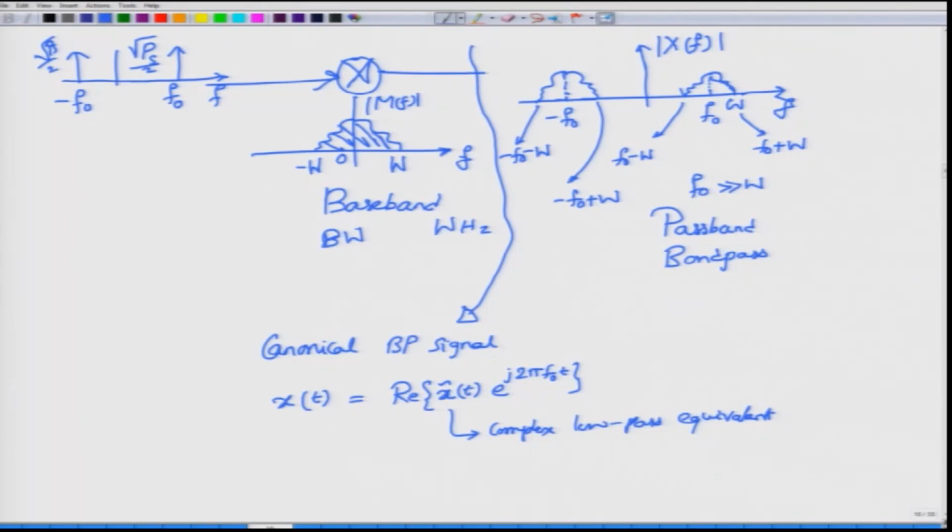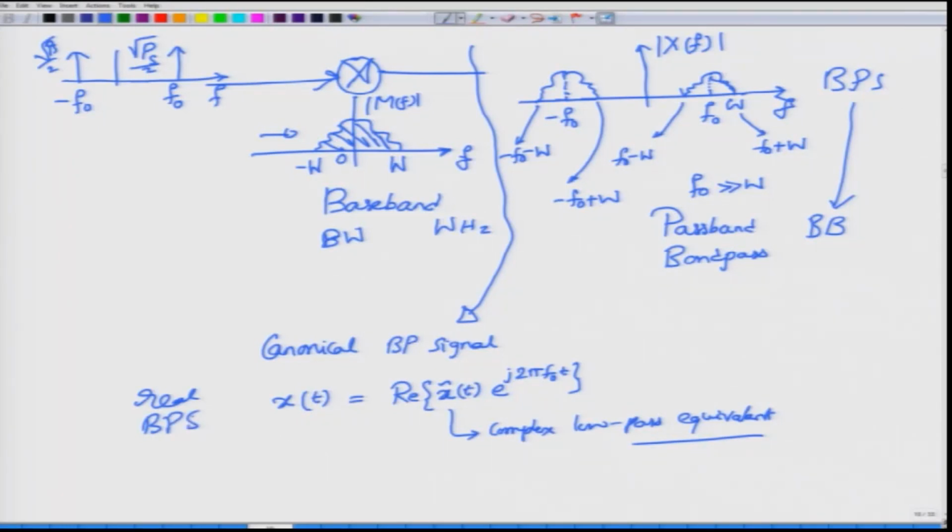So, in terms of pictures, this was the band pass signal that I had, and if you were to obtain the equivalent low pass signal of this one, which in this case turns out to be the m of t signal, but in general, if you do not know m of t, that is fine, you can start with the band pass signal and then go back to the base band. When you do that band pass to base band transformation, you generate this complex low pass equivalent signal, and if you multiply it by e power j 2 pi f0 t and take the real part of it, that will give you the real band pass signal.